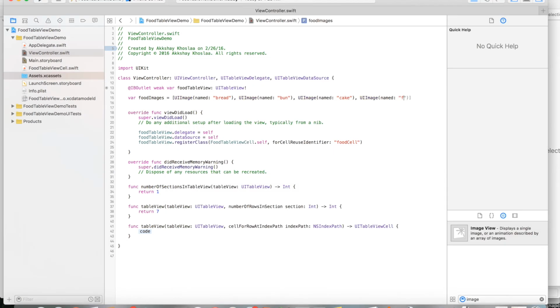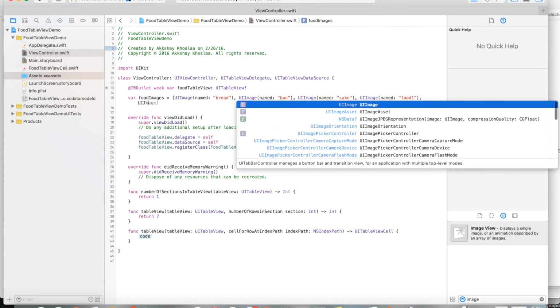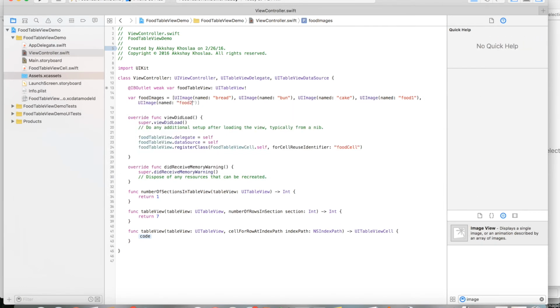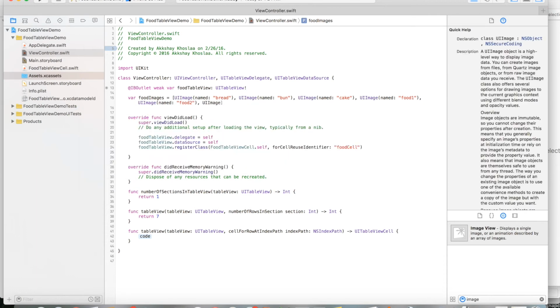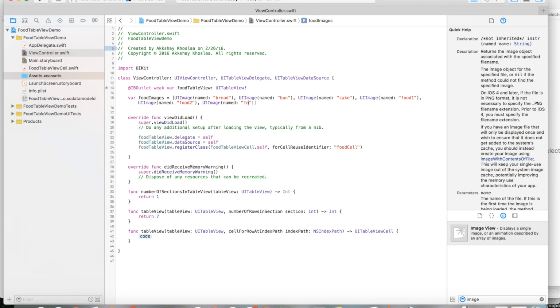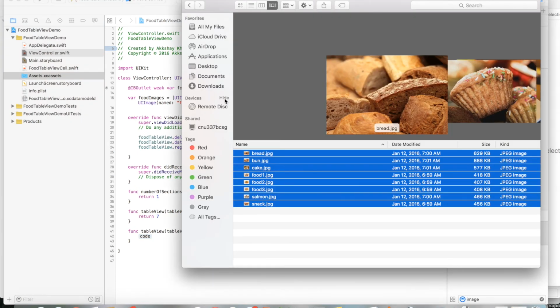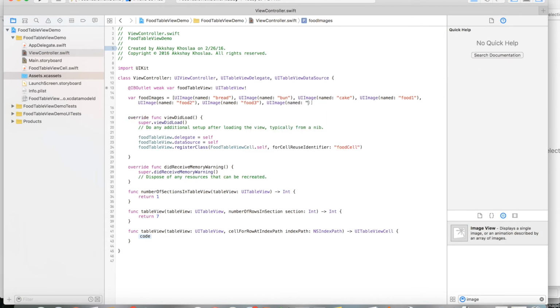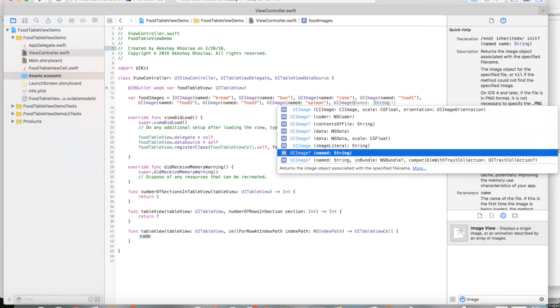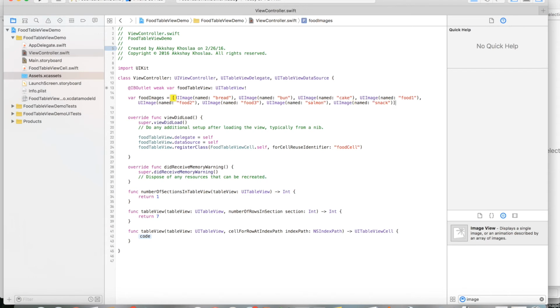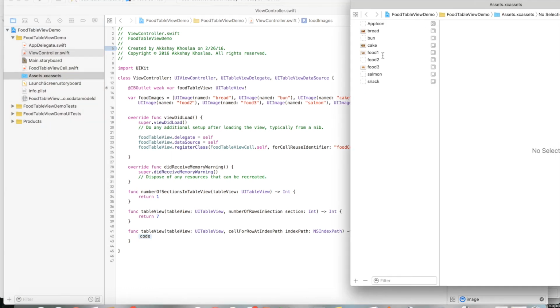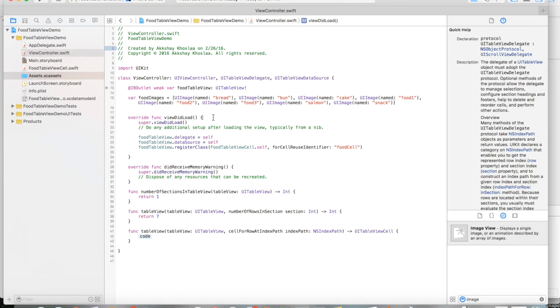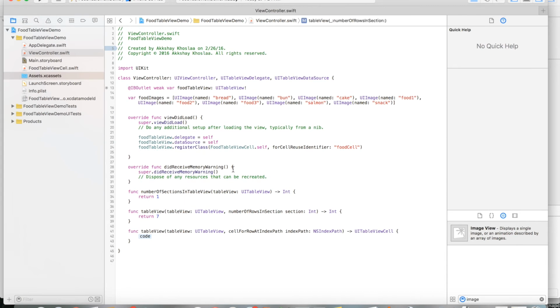then we have food 1, food 2, food 3, and then salmon and snack. Awesome. So now I have this array of UIImages, and these are basically the images that we've saved into our Assets.xcassets. And the next thing that I need to do is I can go down here, and